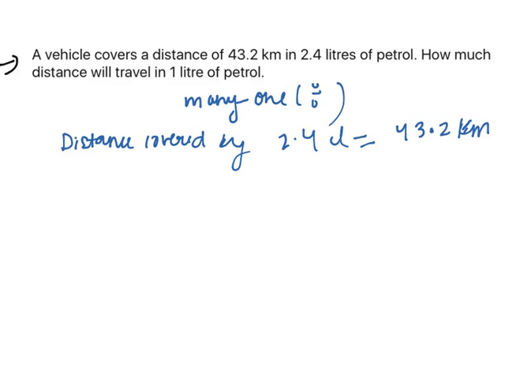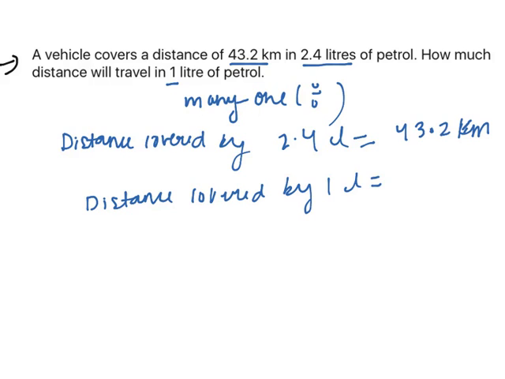They have given 2.4 liters covers 43.2 and we have to find out for 1 liter. So we will write the equation accordingly. 2.4 liters covers 43.2 kilometers, and then distance covered by 1 liter, we will just divide these two terms, 43.2 divided by